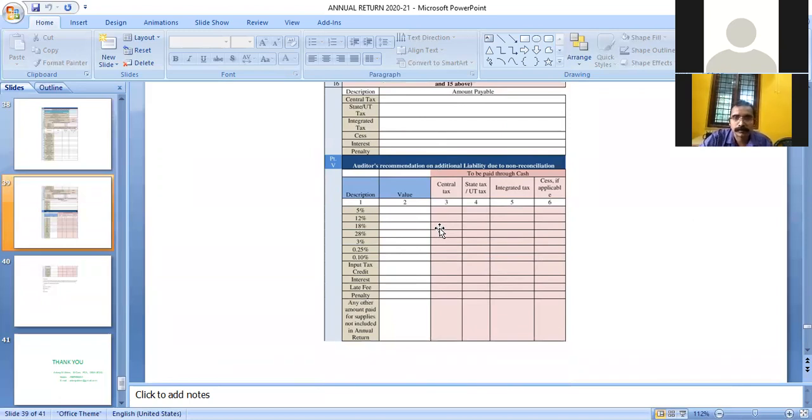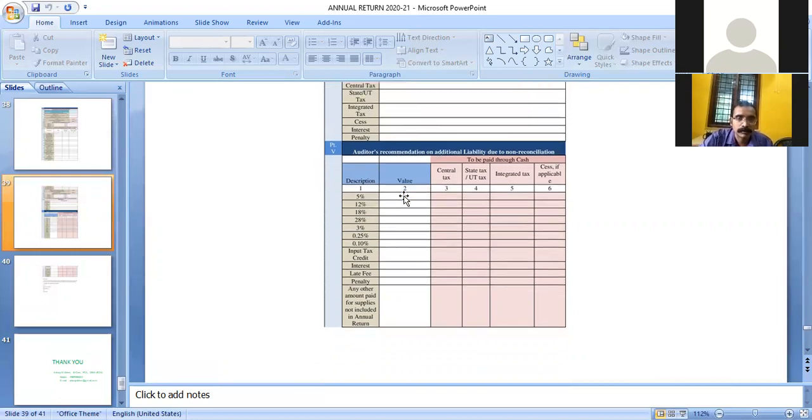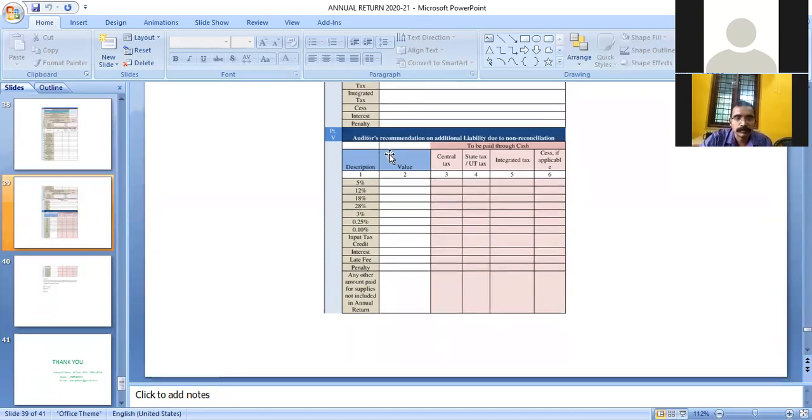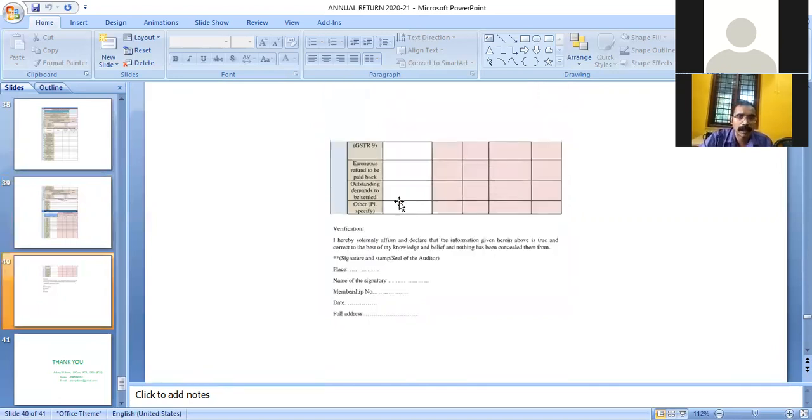Then comes auditor's recommendation on additional liability due to non-reconciliation. Here, auditor's recommendation is not necessary because earlier it was necessary, but now the auditor need not certify the GSTR 9C. So this column will be irrelevant.